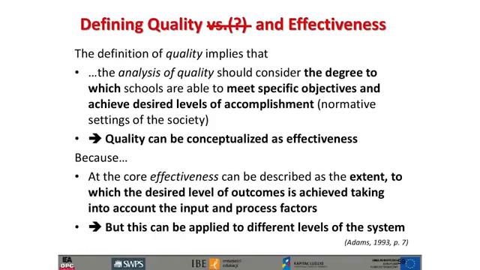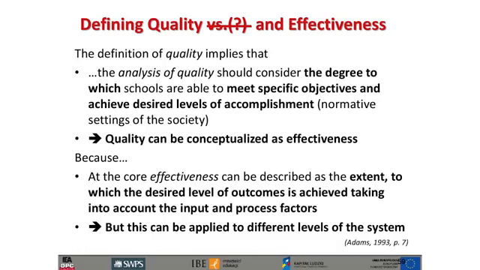So to sum it up, the definition of quality implies that the analysis of quality should consider the degree to which schools are able to meet specific objectives and achieve desired levels of accomplishment, which are normative settings of the society. So in this case, I would say that quality can be conceptualized as effectiveness,